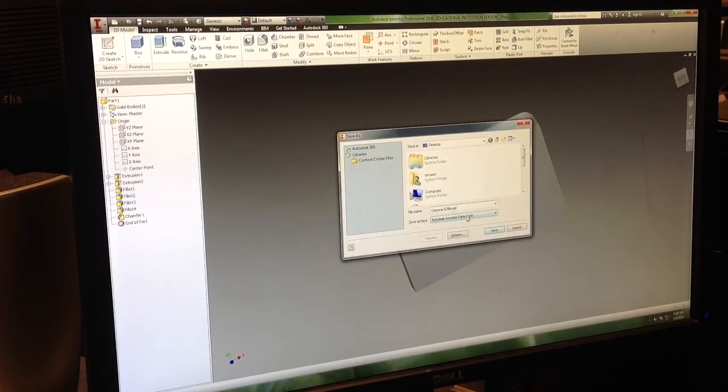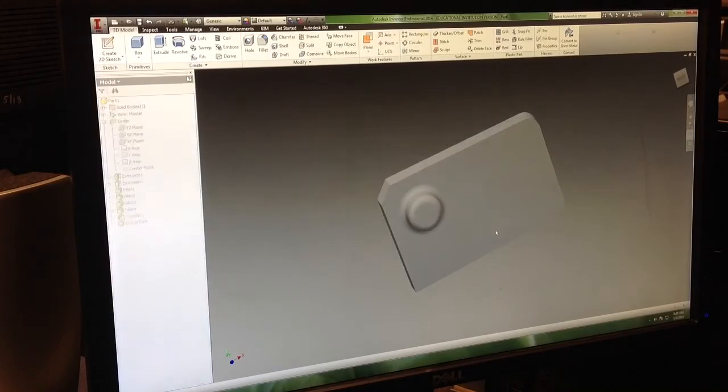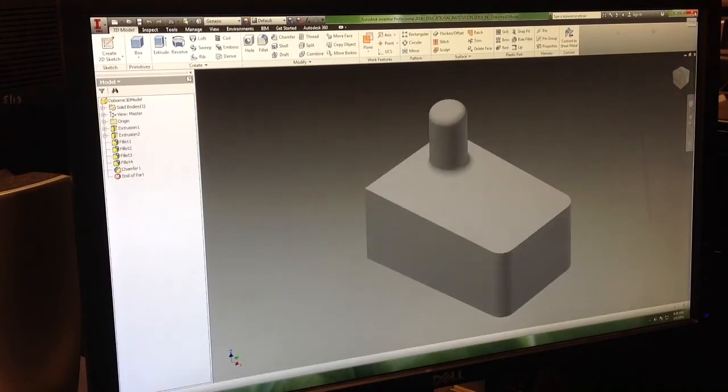Notice it is saving it as an IPT. It is a part file. So remember, we need to know the difference between IPTs, IAMs, and IDWs. Part files are IPTs. So it's ready to go. It's on the desktop. It has my name, and it's an IPT. I simply hit save. I can close Autodesk,